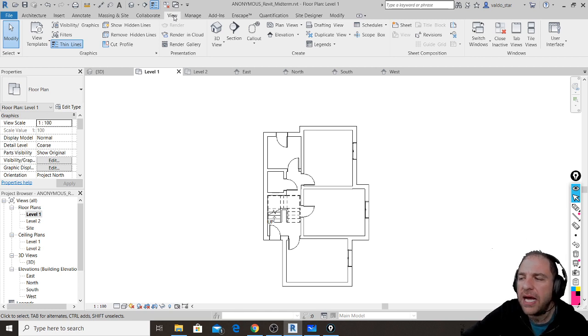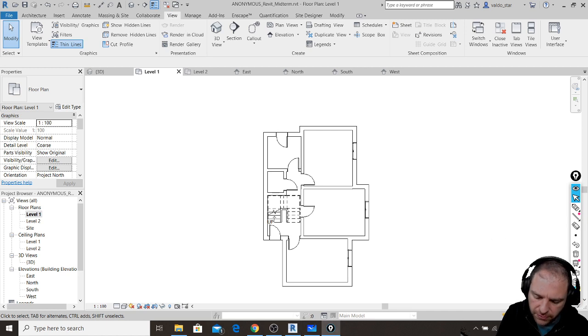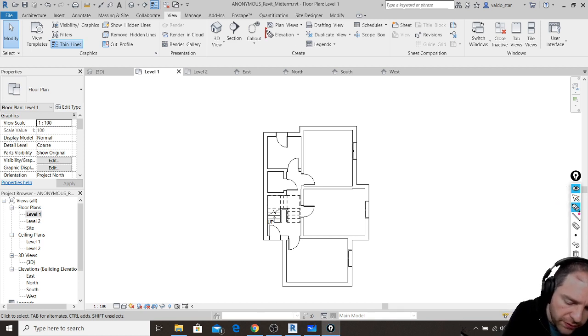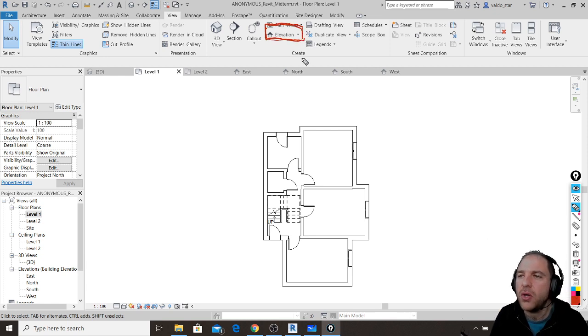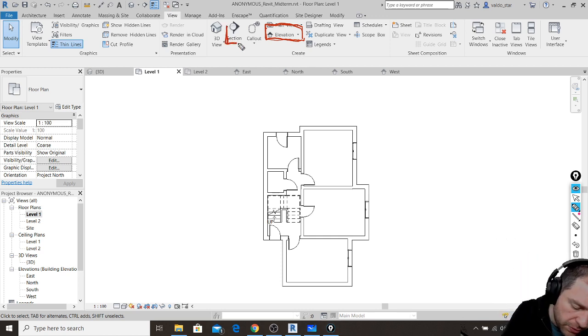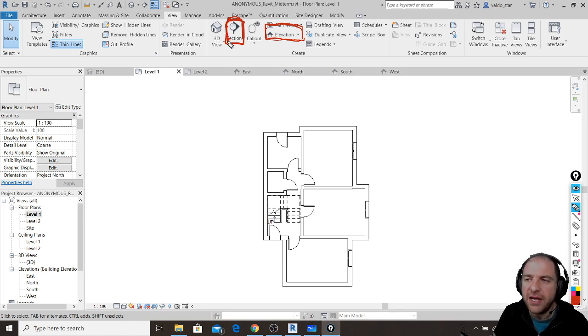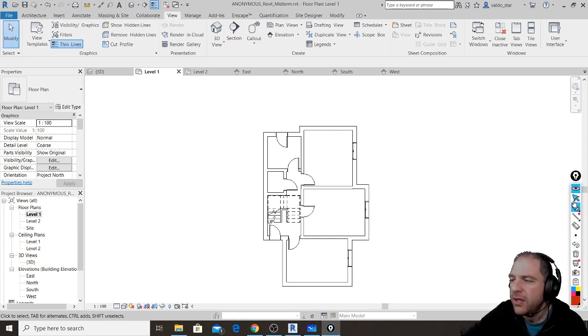And I need to explain three simple tools from here that I want to show you. First of all, this tool, the one that is called elevation. Then I will show you section, and then I will show you camera, but I will show you in a second where camera is. So first of all, you can click elevation,